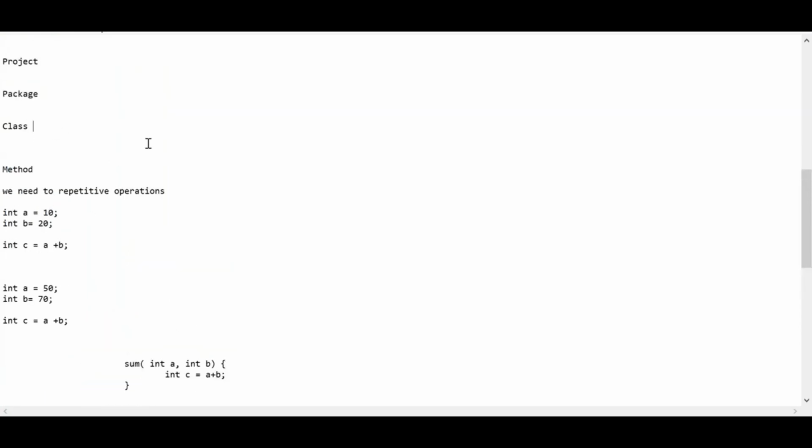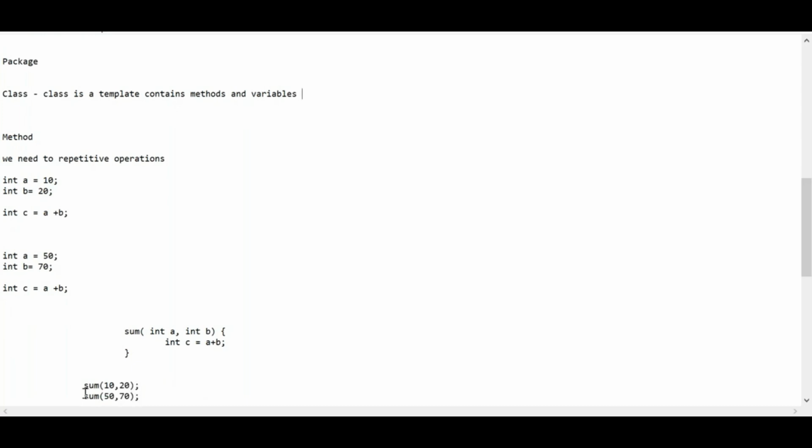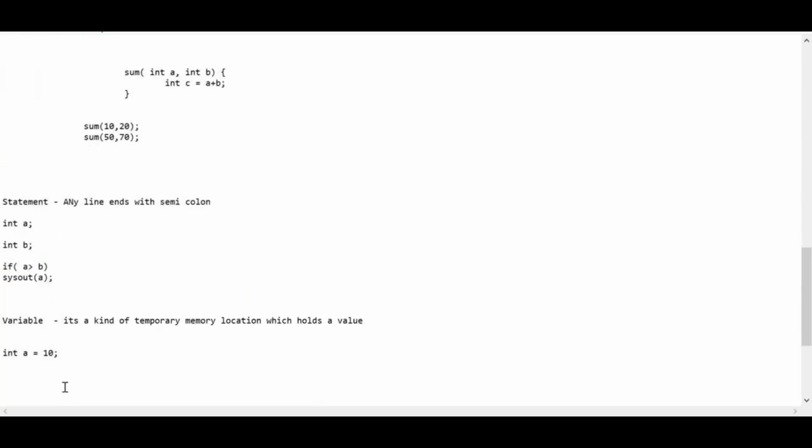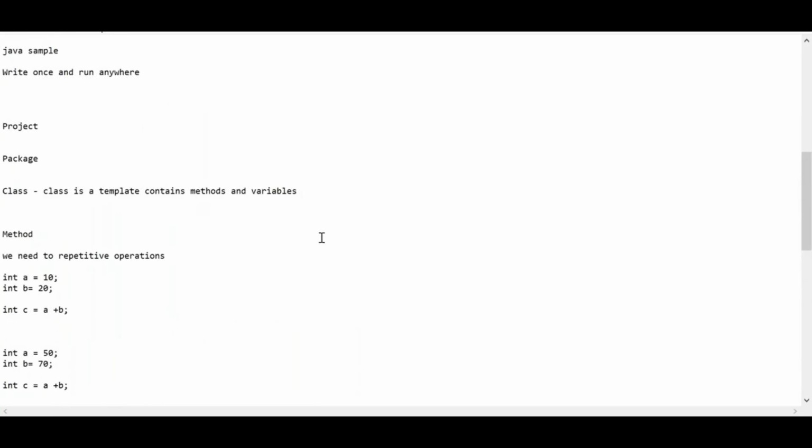A class is a template that contains methods and variables. That means it consists of methods like this, and it consists of variables which can store the values. A collection or group of classes is called a package, and a collection of all of these is called a project, or a collection of packages,